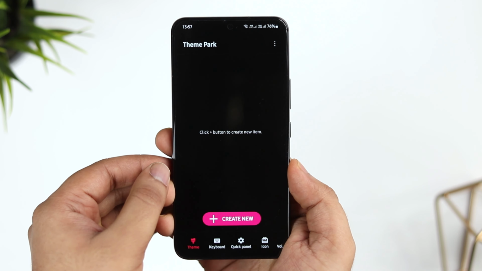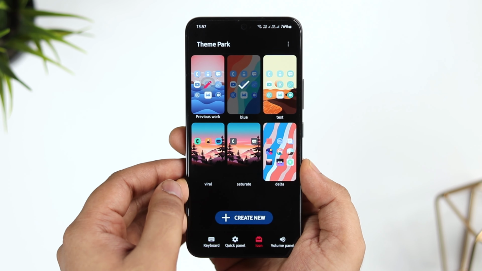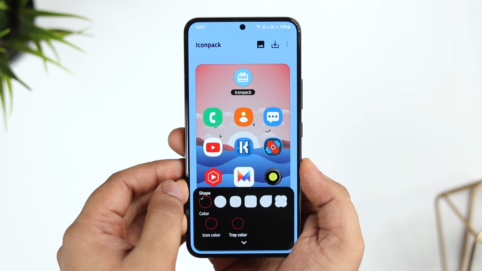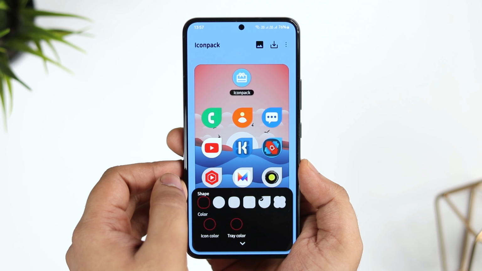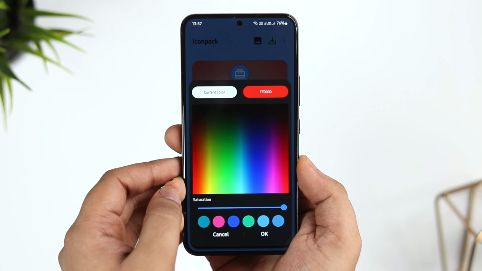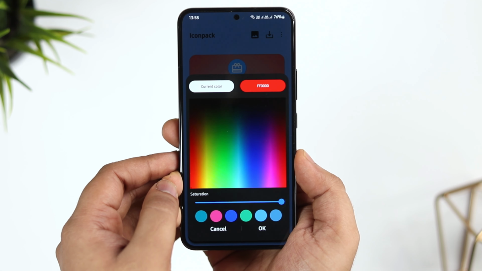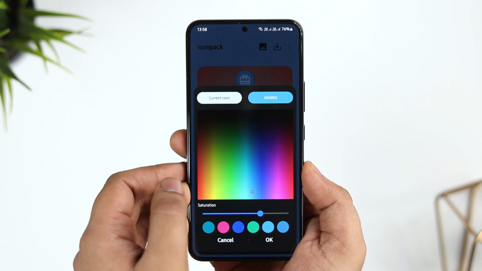Once done, simply select Icon at the bottom and select Create new. Here you can change the shape of your app icons. You can make it more rounded, or you can even give it a teardrop shape. But the new feature which has been added is the icon color. This completely changes the color for all the app icons, both on your home screen as well as the app drawer. Let's say if I want to change it to blue, I just need to select the blue color and